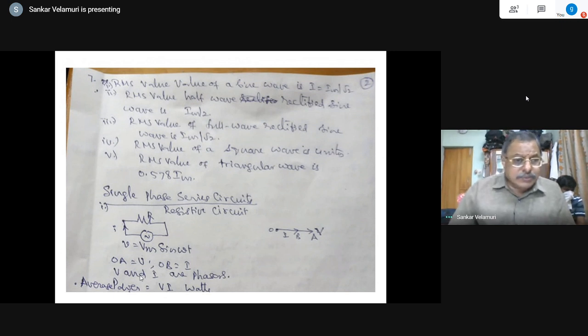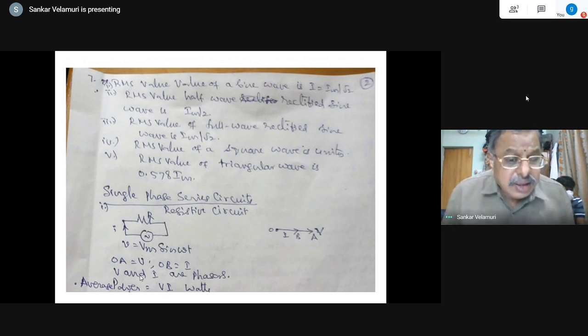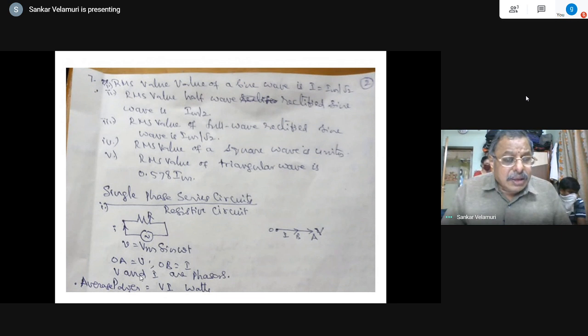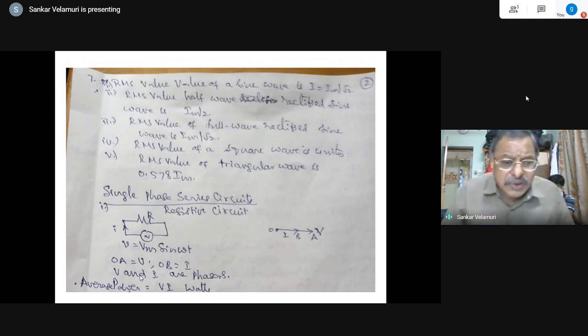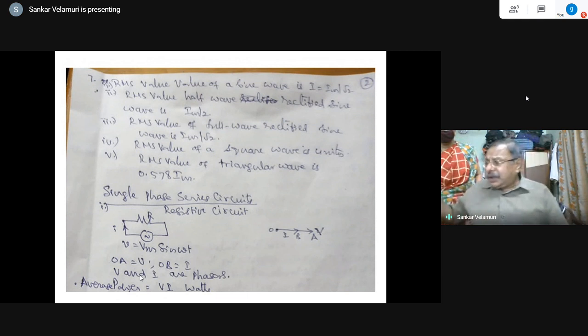Now, I will discuss single phase circuits, series circuits, under steady state condition. The frequency of the source is 50 Hz, that is well known, and i is the instantaneous value of the current, R is the resistance, and v is equal to Vm sin theta or sin omega t. It is well known, the standard way of writing it. But with respect to writing the